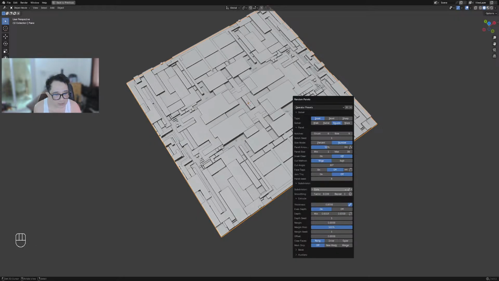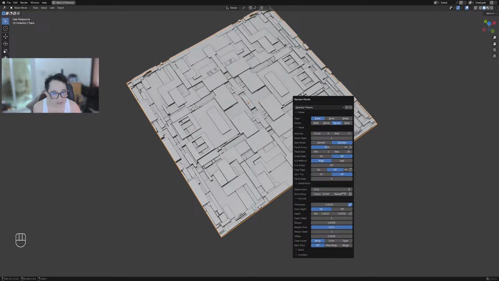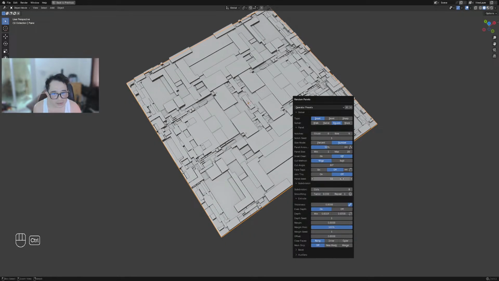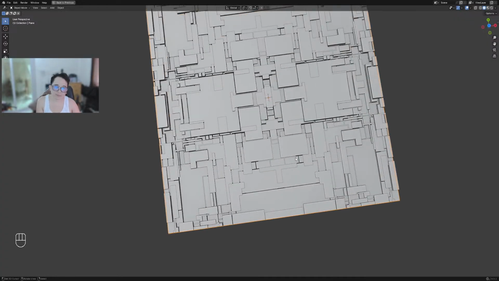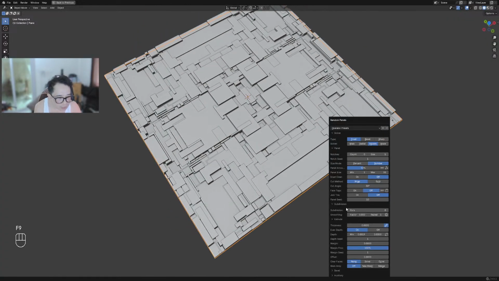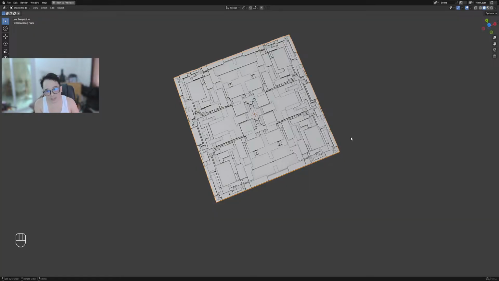Probably increase the cuts and also reduce the panel size to make smaller islands. So something like that. Let's get rid of the overlap by changing the depth value here. Okay. Next up is